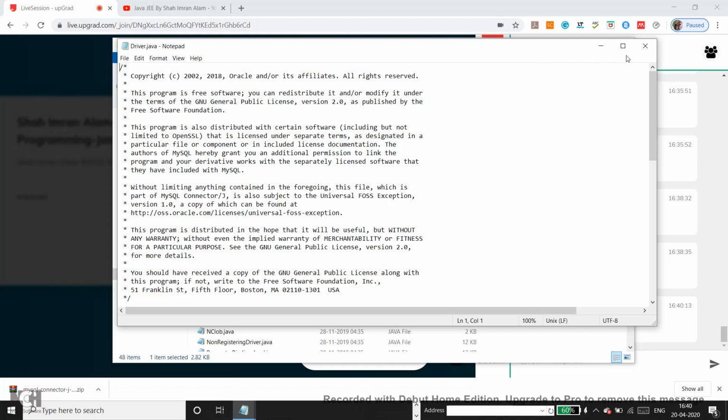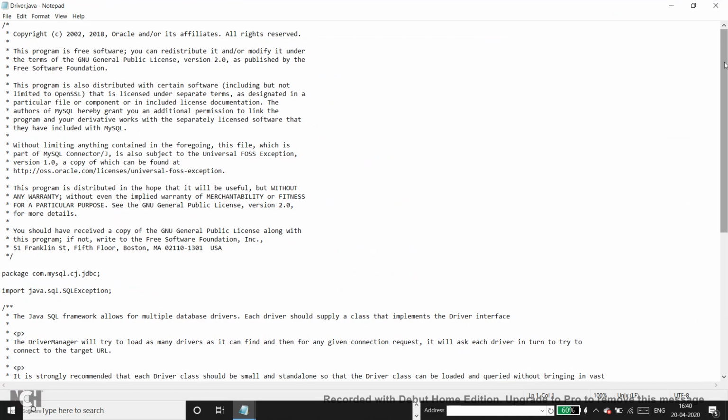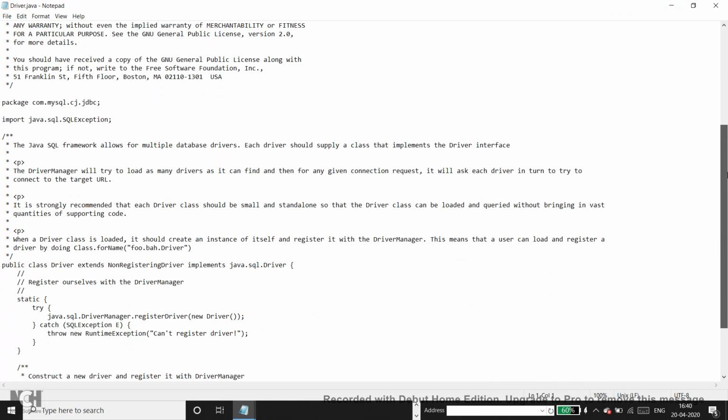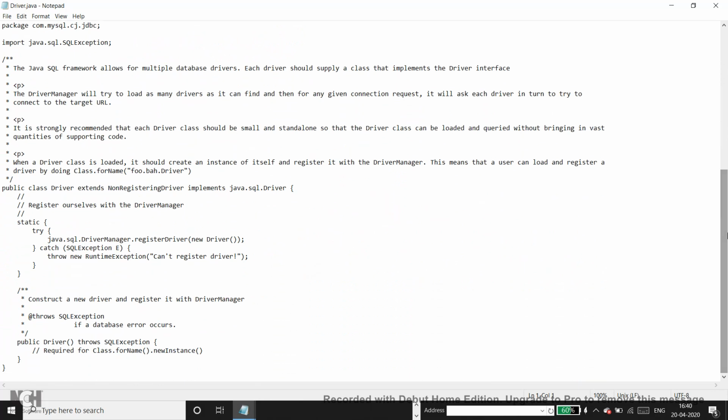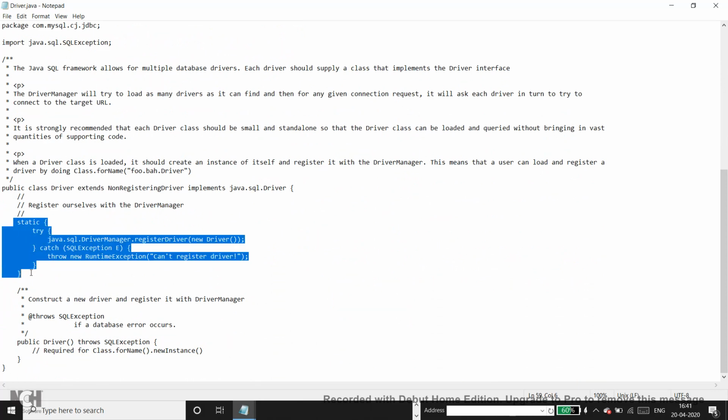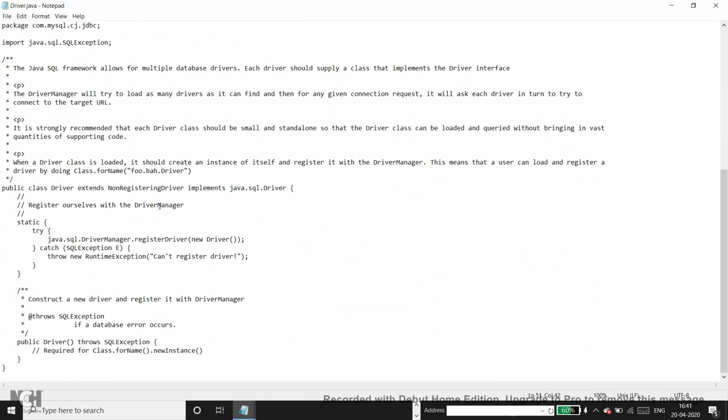And now let's see what this class actually is. So again, the package name, and then it must be having a constructor. It has got a constructor, and again it has just a static block. Now what does this static block indicate, what is the purpose of this static block, what is it doing?